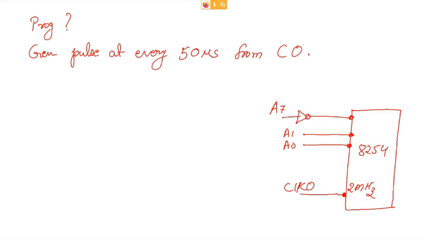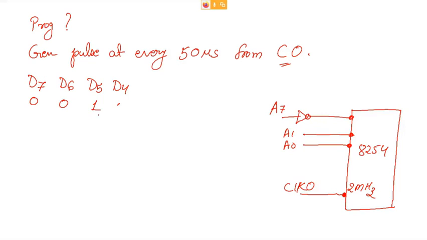So first thing, control word register. We need to select counter 0. Okay, so the D7, D6. What will be the D7, D6? Counter 0. For that, you have to select 0, 0. Now coming to D5, D4. Okay, what will be D5, D4? You can use 1, 1 or